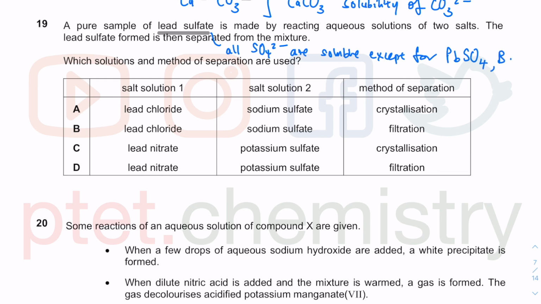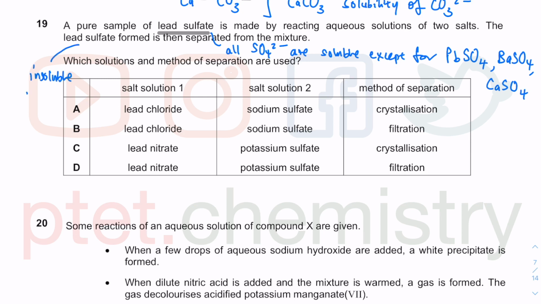You also have barium sulfate. Test for sulfate using barium nitrate or barium chloride solution, and then you will get a white precipitate. Also, calcium sulfate is not soluble. So the lead sulfate forms a precipitate. So this is insoluble